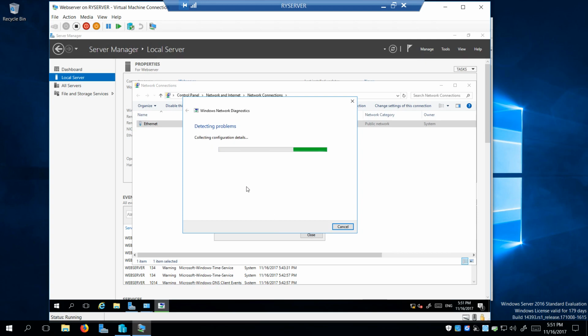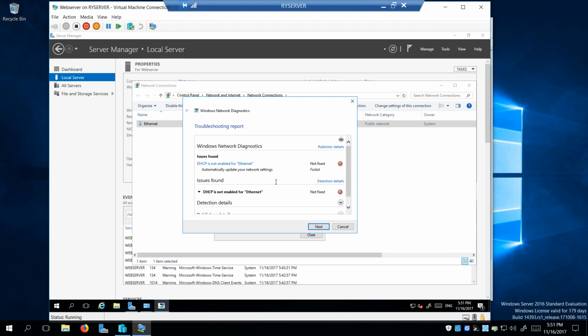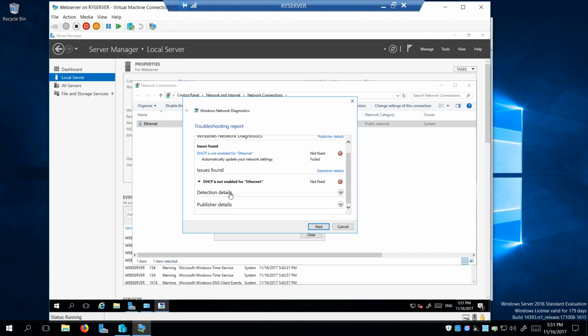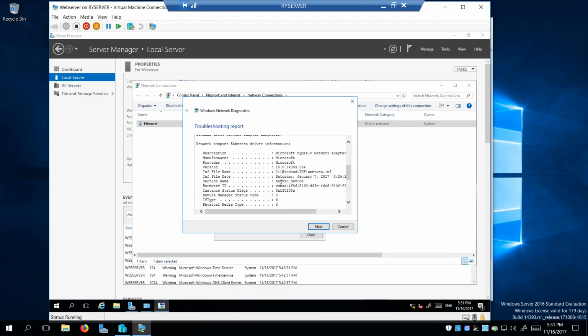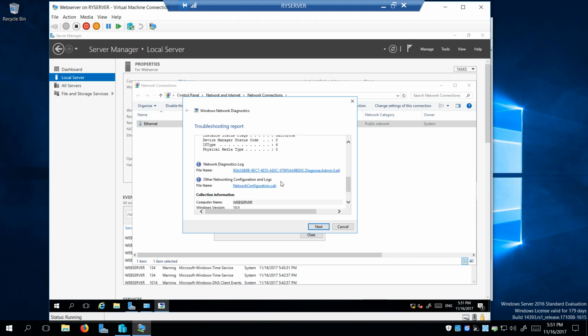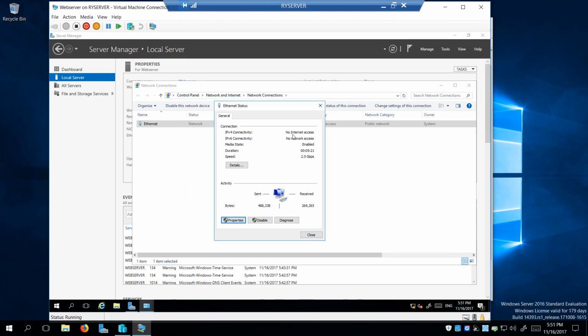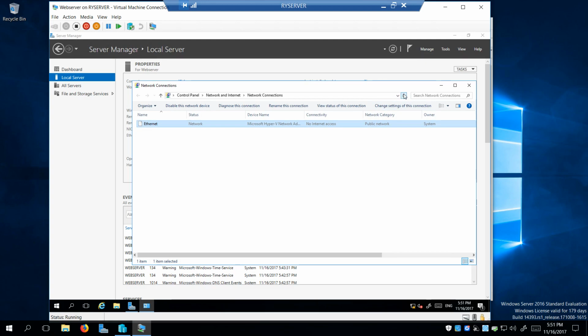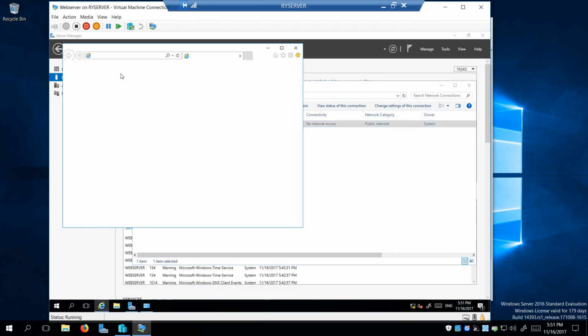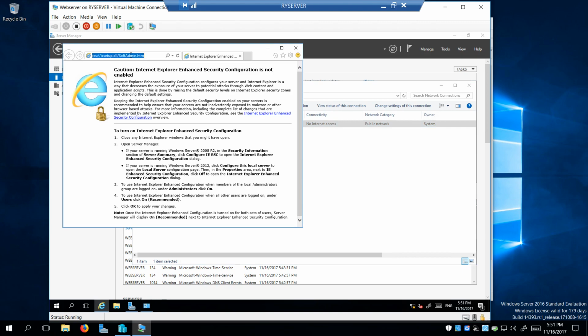Let's just see if it's going to work. For some reason it's not letting me set a static IP on this adapter. And as you can see, there is no network connectivity. And if we try to go to a website like Google, for example,